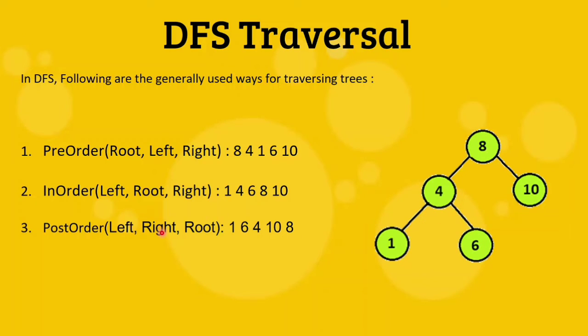Once the left and right parts are completed, we will write our root node there. So that is 4. So we will write 4 here. Once that is done, now our left part is completed. So we will go to our parent node 8 and there we will check for the right node. So yes, the right node is there, 10. So we will write 10 there. And then we will come back to our parent node, that is 8. So in this way, all these traversals work.